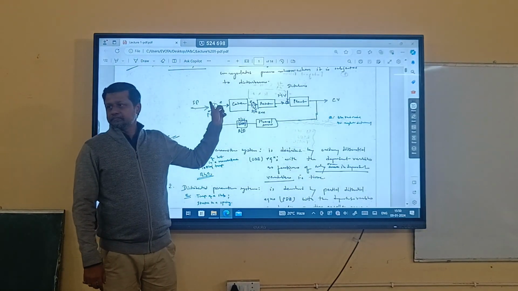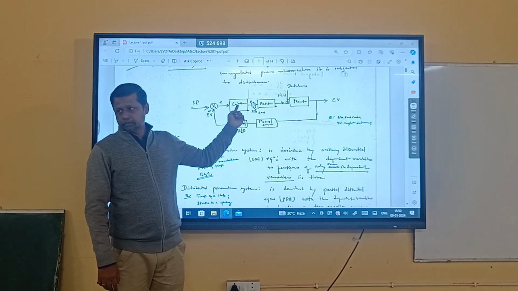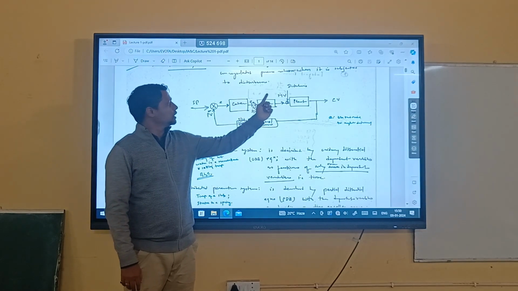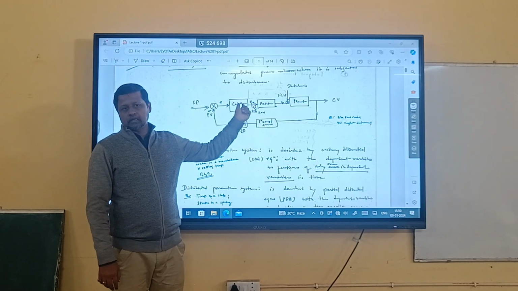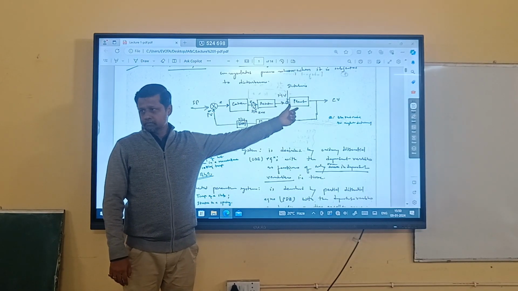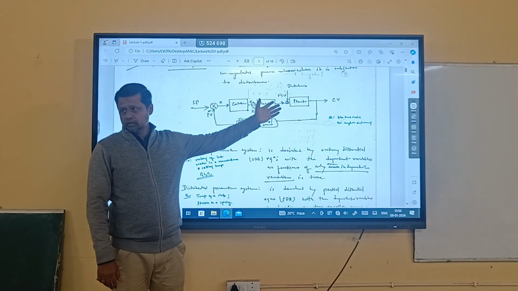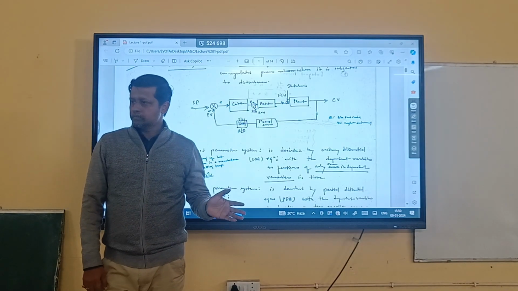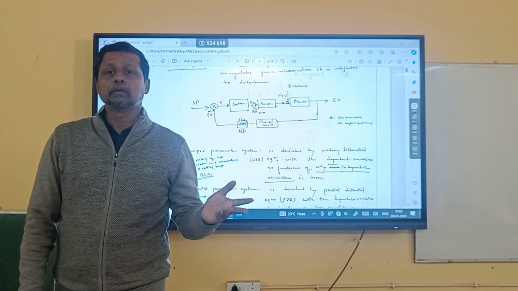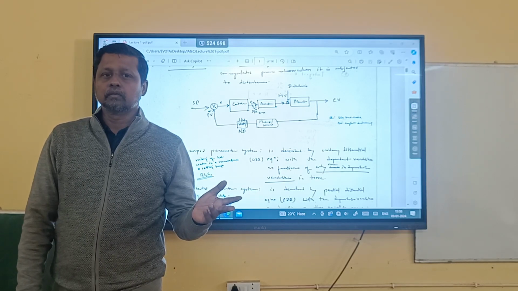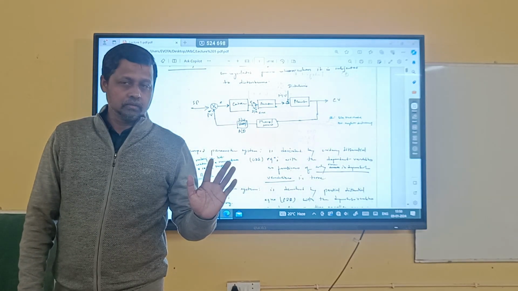This block is clear to all of us? Okay. Where is the controller? Before the plant. And between the controller and the plant, some actuation system is there, so that the electrical signal can be converted into non-electrical form. Broadly I am saying, maybe a displacement, maybe something else, whatever your requirement is. Maybe opening and closing of the valve, maybe continuously regulating a valve. Now, continuous regulation of a valve is a continuous signal or a discrete signal? It has more than 2 states. Yes or no?